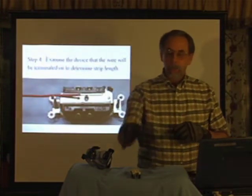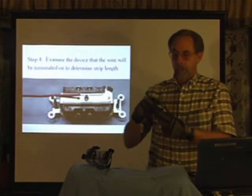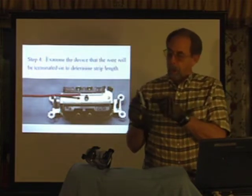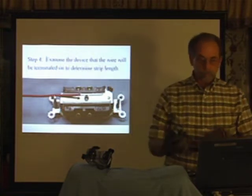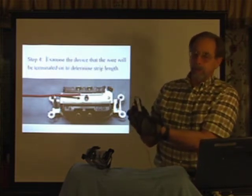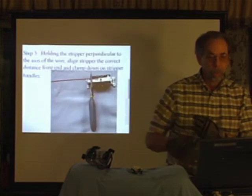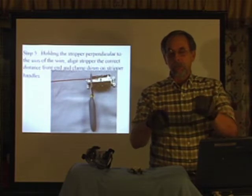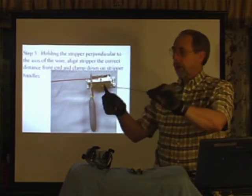Our fourth step is to examine the device that we're going to land the wire on, in this case a receptacle. On the back of the receptacle there is a wire stripping gauge. I have made this one white so that it's a little bit easier to see. You take your wire and you lay it on the stripping gauge and you hold your fingers in such a manner that it helps gauge your wire length for your strippers. You take your strippers now and using your fingers you can clamp the wire strippers on the wire at the proper spot and